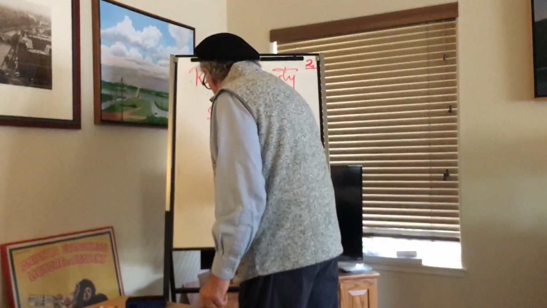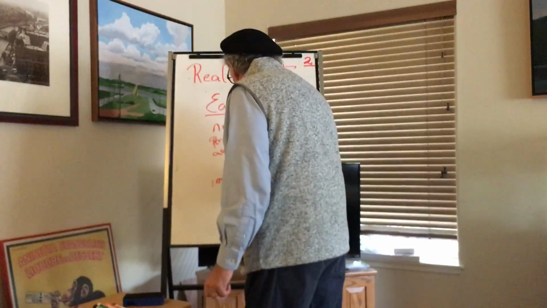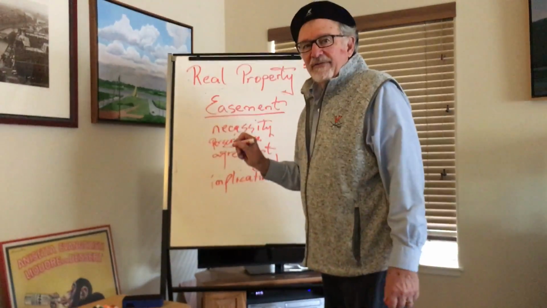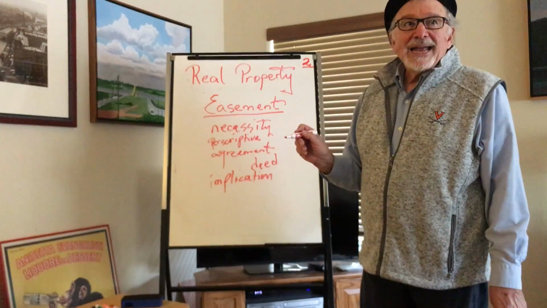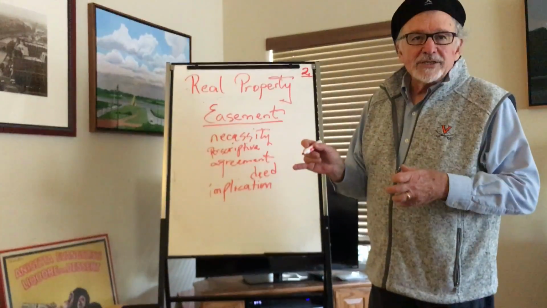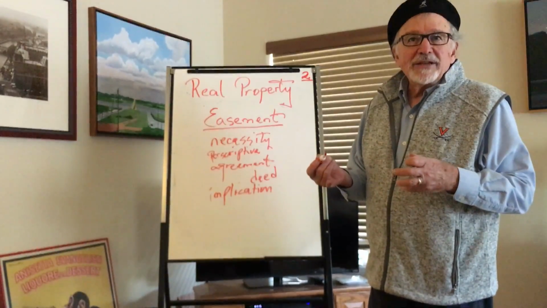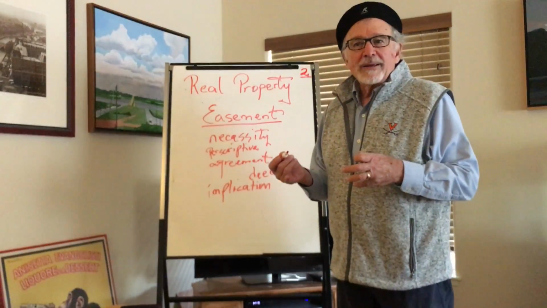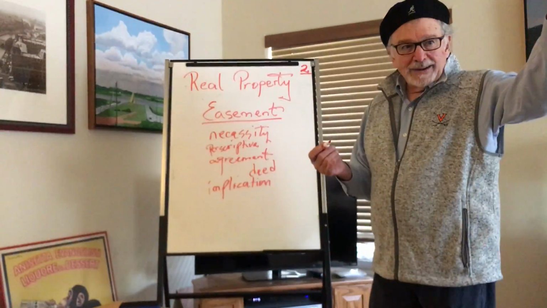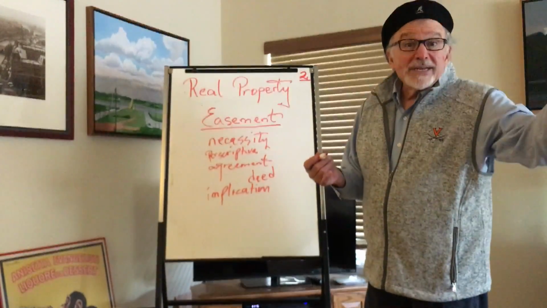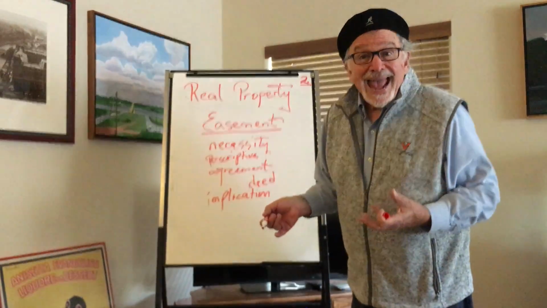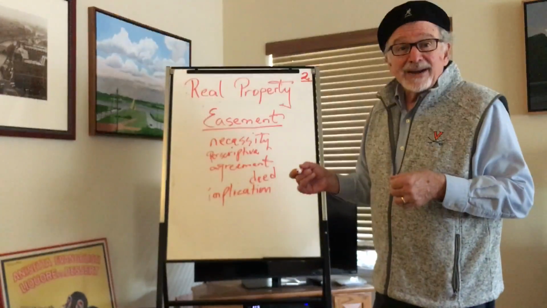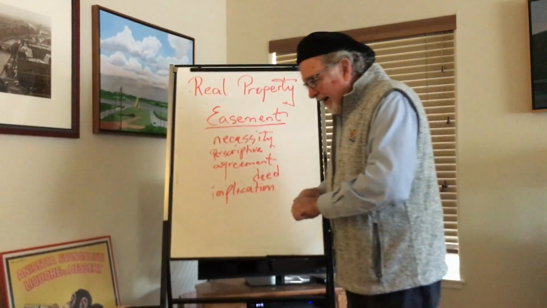Oh, one last easement I want to mention is implication. That is, if you sell a piece of property to somebody and you have the only well on the two pieces of property, by implication you're giving them a right to use that well. Or if you sell a piece of property and you've been using this road to get up to the other piece of property and you sell that other piece of property to somebody, then by implication, even if you don't grant them the easement in your deed, by implication they have a right to get there because that's the only way they can get there. Anyway, those are the